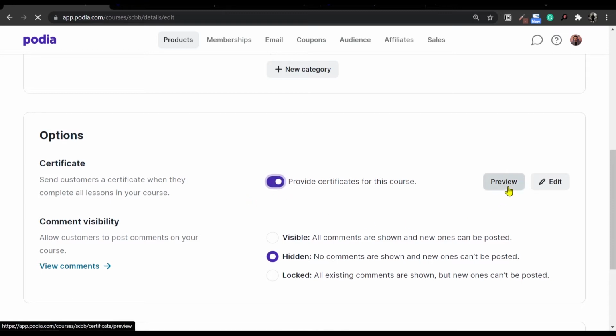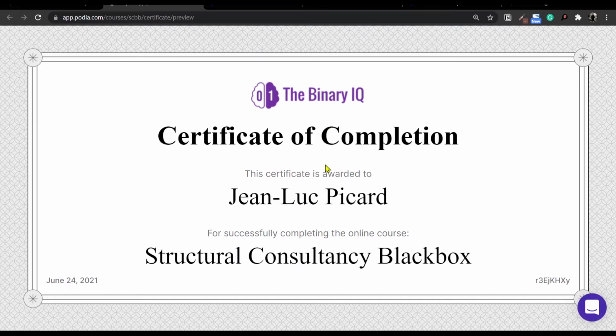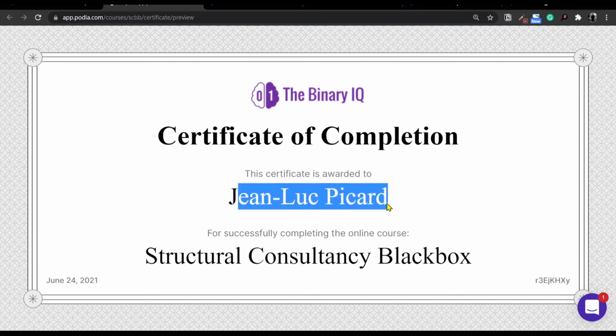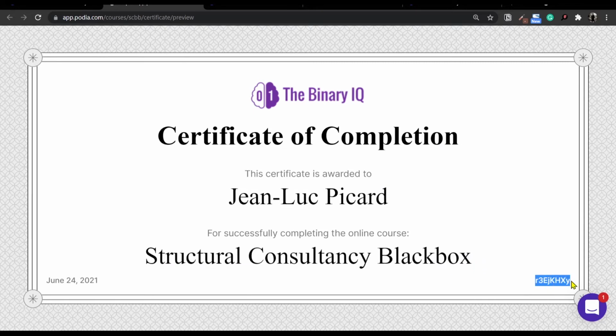So let's check it on and try to preview how it looks right now. I did make a few changes, but we'll do that as we go along. So on the top, we have this logo, we have some text, we have the name of the student, and we have the name of the course as well. At the bottom, we have a unique code through which someone who would want to check the authenticity of the certificate can come back and check it. It also contains the date of completion of your course, and you can of course change a lot of things right here. Now currently Podia comes with just one certificate template. They're probably working on a few more options to choose from, but this is good enough to start off with.